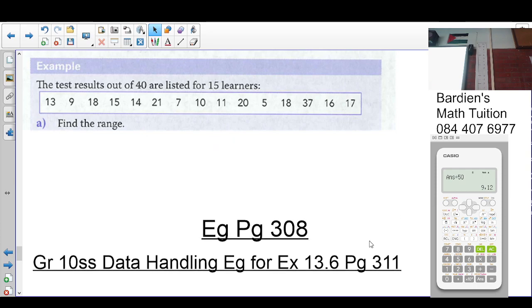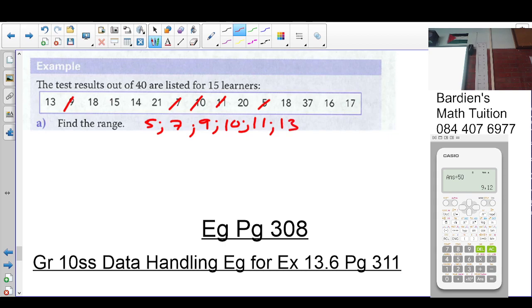Number one, whenever I get data like this, I put it in order. That will help us calculate the range, which is the highest minus the lowest. It will help us calculate the median, which is the middle number. It also helps us calculate Q1 and Q3, and then the interquartile range. So let's put these numbers in order. What's the smallest number here? It's 5, 7, 9, 10, 11, 13,